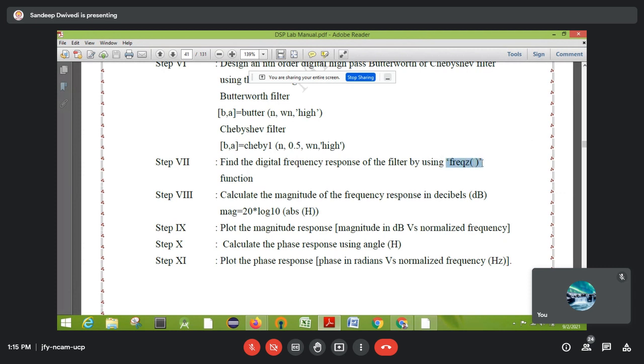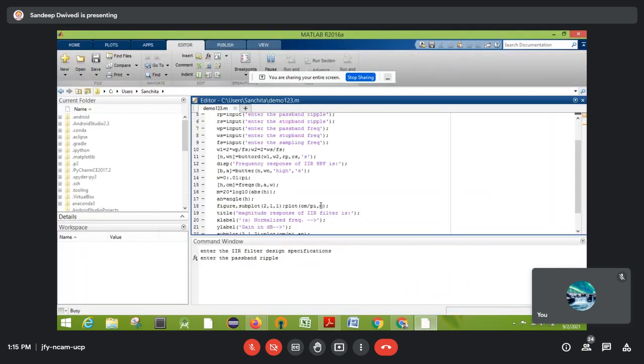So no issue, you can try that one also. This command also you can use. Yeah, good question. So you can try that one also.